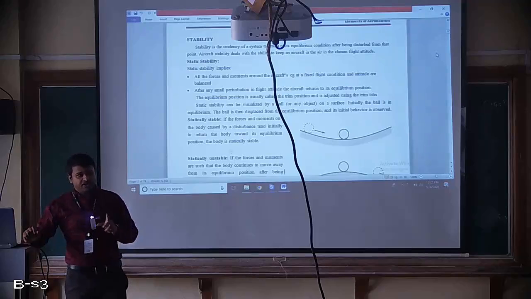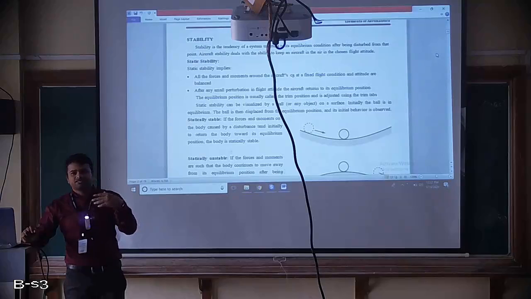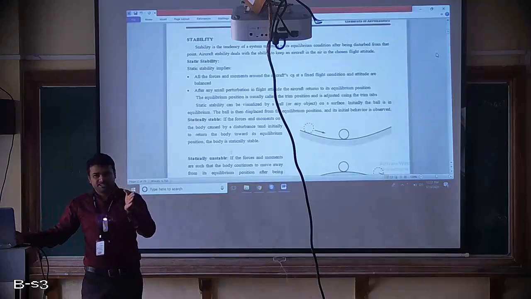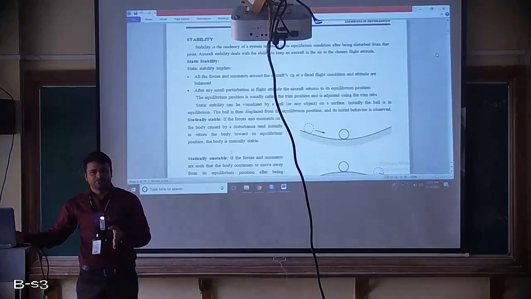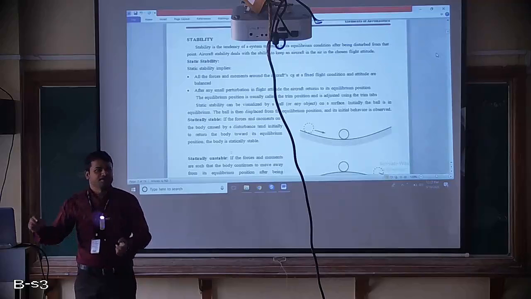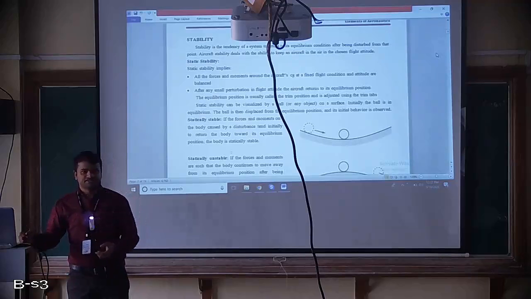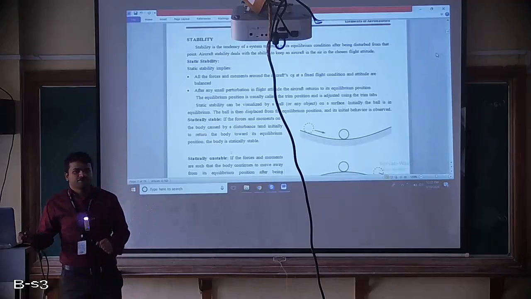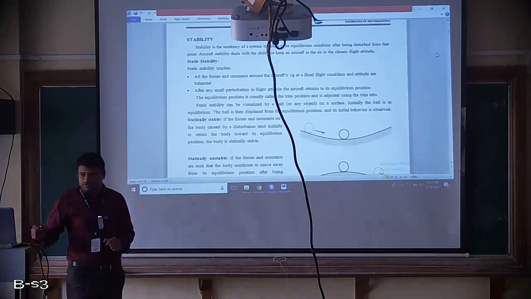That means for a chosen flight, your aircraft must be in particular position. Let us say at 5000 feet, your aircraft is heading with, let us say, 0.8 Mach. That means if it is flying in northeast direction, it should be in that direction only. It should not turn somewhere. That means it's changing its attitude. So fixing the aircraft in particular way is called as attitude of the aircraft.